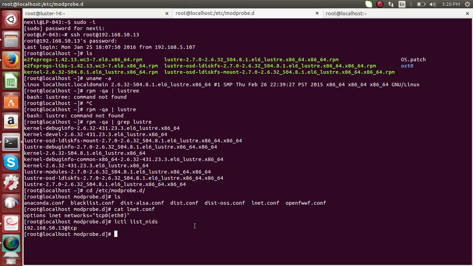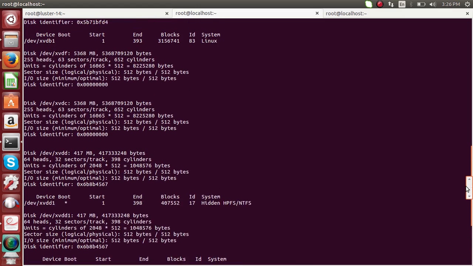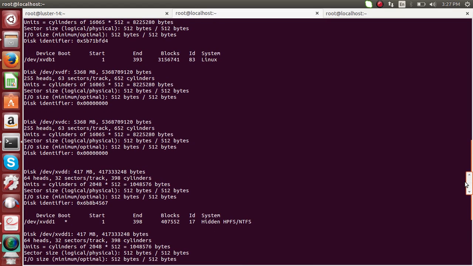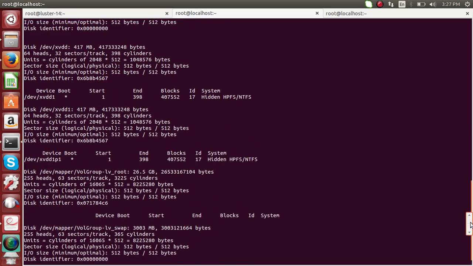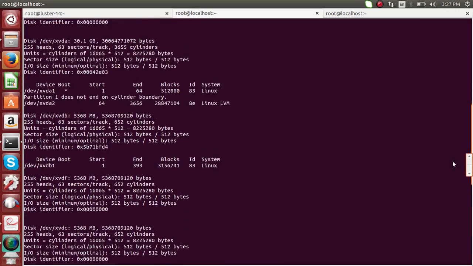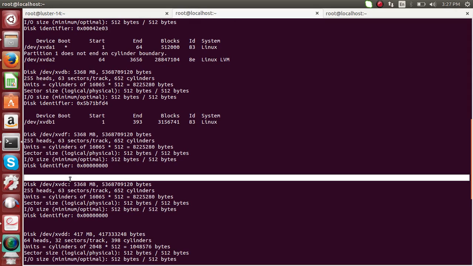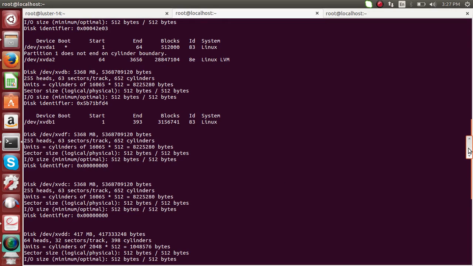So after configuring the network successfully, now we can format the partition with the Lustre file system. First we need to identify a partition with an allocation of disk space. I have identified /dev/xvde at that time, and you can take any of these: xvda, xvdc. I think this is unallocated, and xvdf and xvde. So I have taken xvde